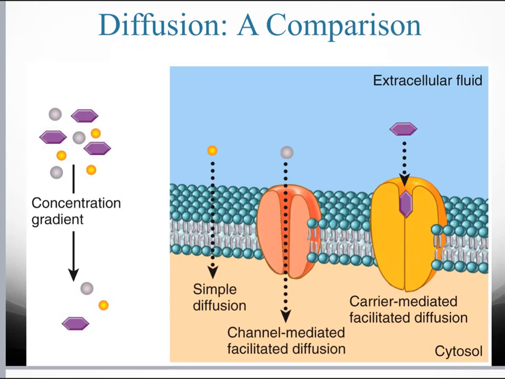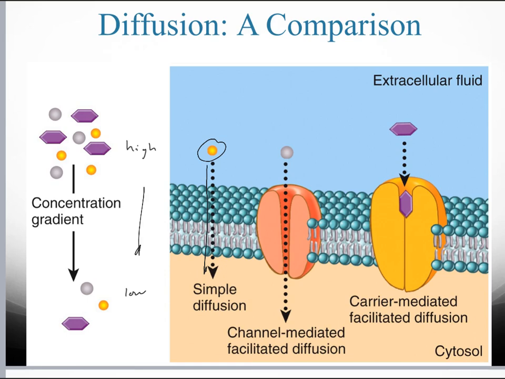So let's put it all together. So let's look at a comparison of diffusion. So we're dealing with concentration gradients. So we see outside the cell we have a high concentration compared to the low concentration inside the cell. So how do we get it in there? What are our three processes? Again, one, simple diffusion. And you can see that little guy is just moving right through based on concentration gradient